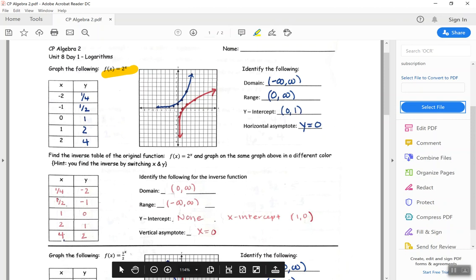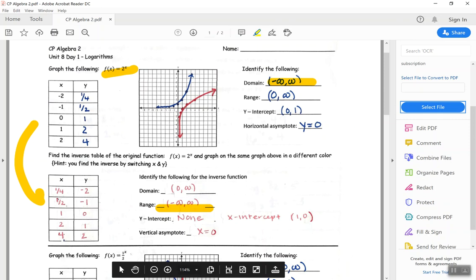So now when we found the inverse, meaning we just switched x and y, all we did was take this table and flip it over here and make all of the x's y's and all the y's x's. What you should also notice is that also flipped your domain. So my domain is negative infinity to infinity here, but now that's become the range here. And the same thing for the range became the domain. That's important to note because as we start to solve and evaluate logarithms, we're going to notice that this domain being 0 to infinity is going to affect a lot of the problems that we solve